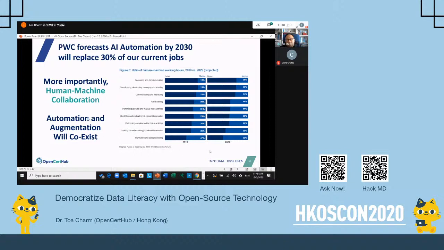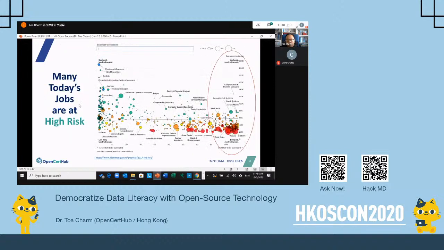So what it means is that if we do not have the language to talk to your digital colleagues, your robots, if you do not have the language to talk with the data scientists, if you do not have the capability to analyze data, for example, to visualize what you get from the big data, and then to get approval from your boss to do some marketing campaign, it's very difficult for you to survive. So likely you will be the 30% losing your job, not necessarily by 2030, maybe in the next few years.